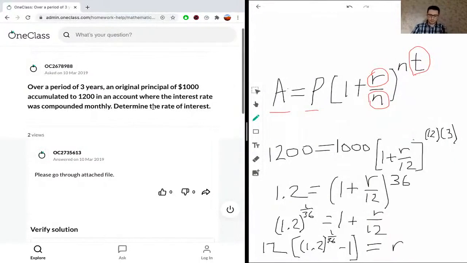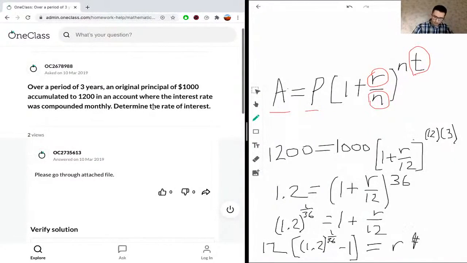This is the final value that we need to evaluate. So we'll plug this into our calculator: 12 times (1.2 to the power of 1 divided by 36 minus 1). And we get the value of